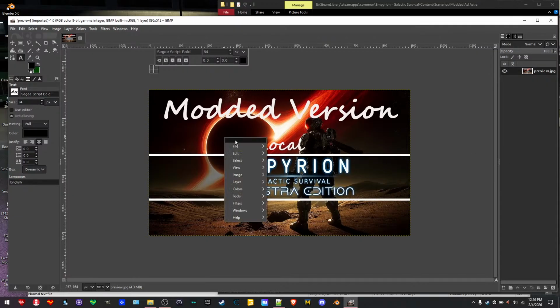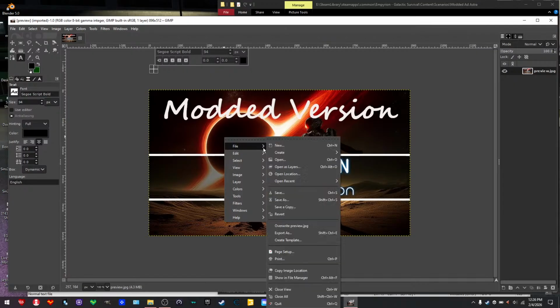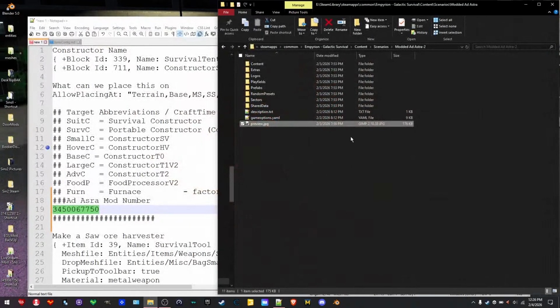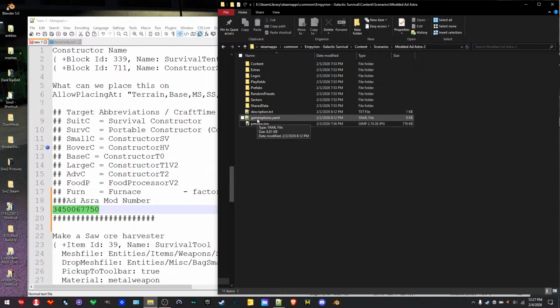Then come over here over the picture, right click on the file, and then come down here, overwrite preview.jpg, and that's it. You're done. That's in GIMP. I don't know about any other programs. Then we don't want to mess with the options file. Then over here in the descriptions,